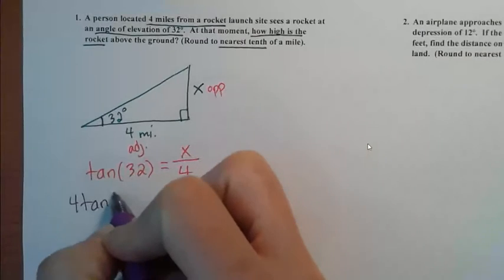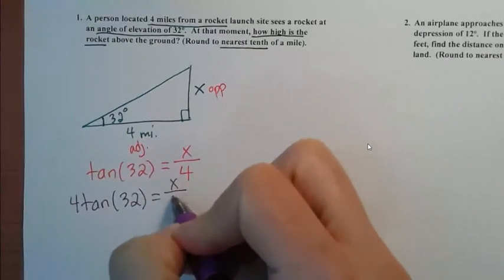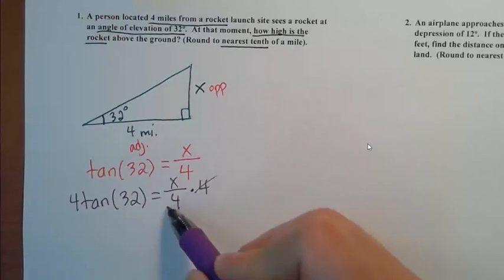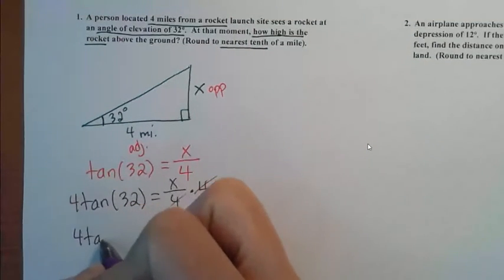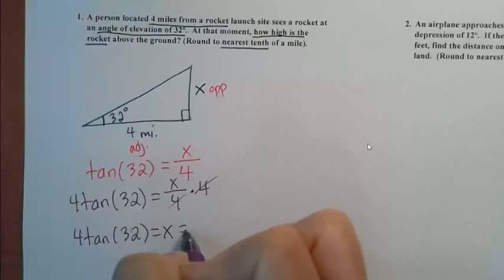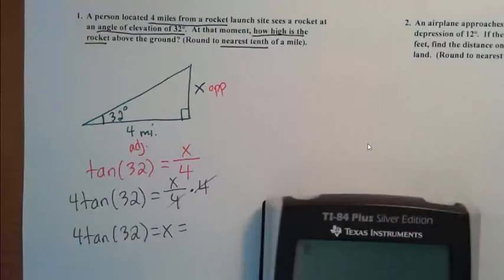So I would have 4 times the tangent of 32, and then x over 4 times 4. We divide out those 4s so that 4 tangent of 32 is equal to x. And then we would grab our graphing calculator to determine the